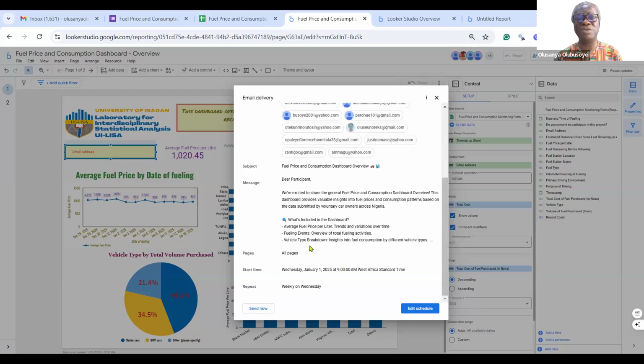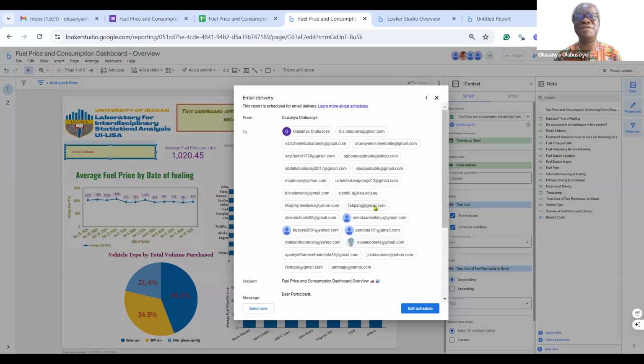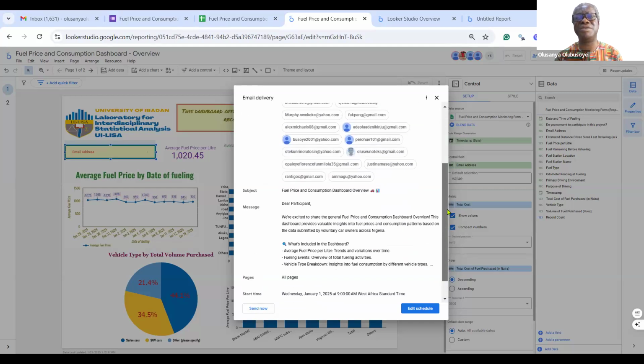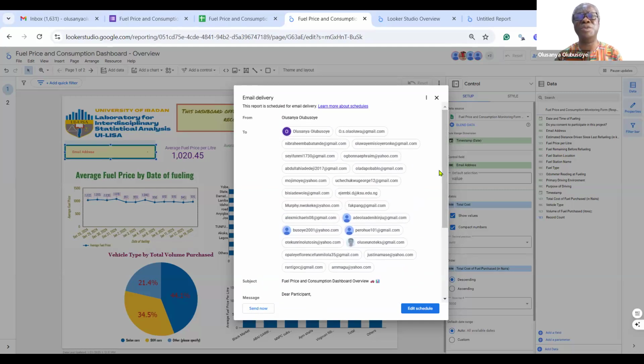So you can also schedule a delivery to your boss, to your supervisor, to those that you think are stakeholders or will be interested. So whether you open the system or you don't open the system, the delivery will be done, without you playing any role any longer.